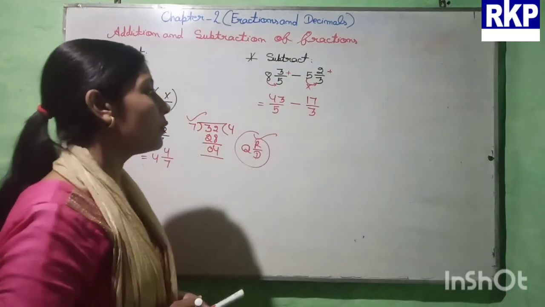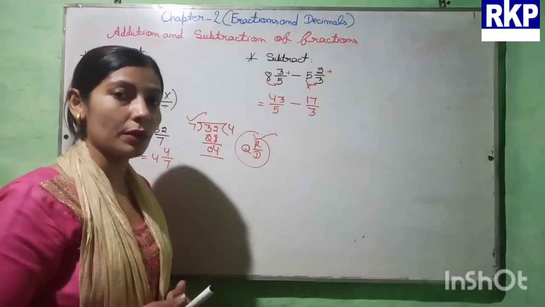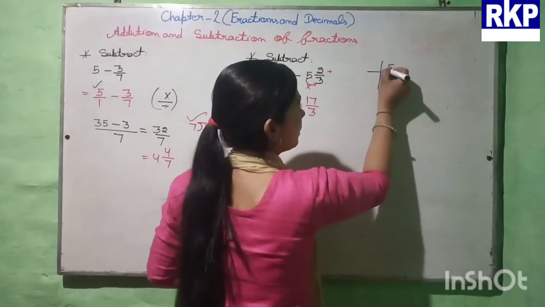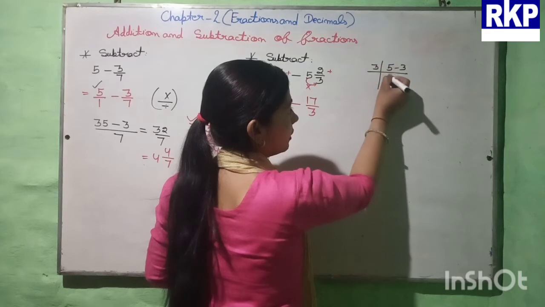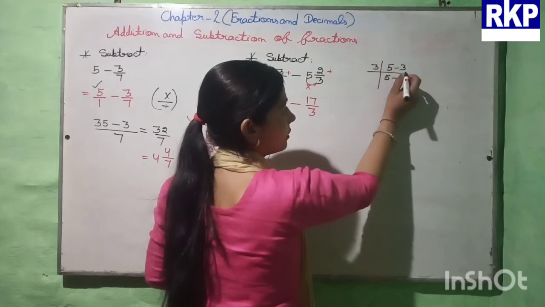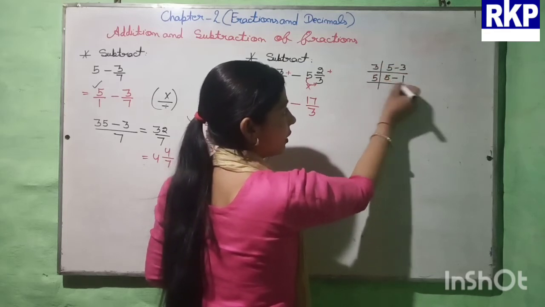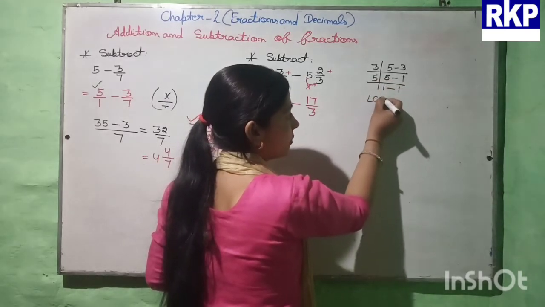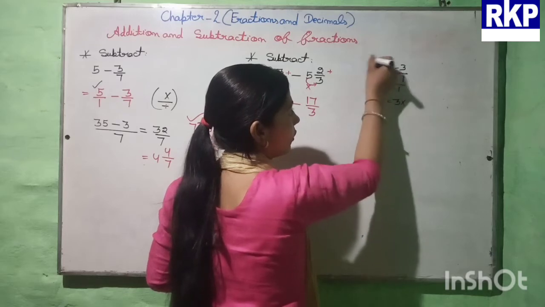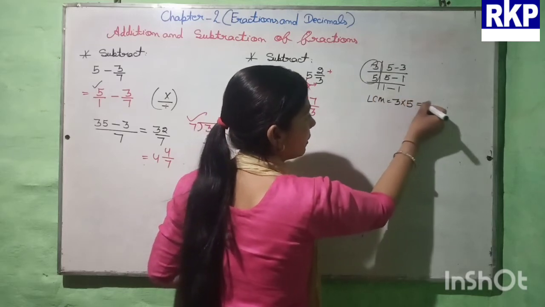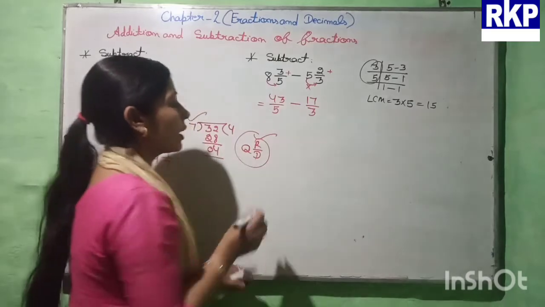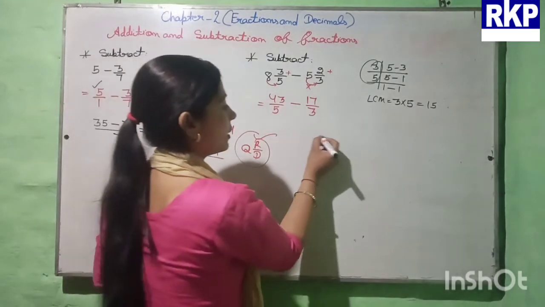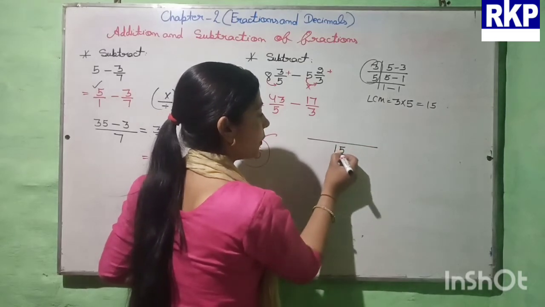Now we are having 5 and 3 as denominators. So we have to find the LCM of 5 and 3. Okay, here 3, 5 as it is, and 3 ones are 3. Now here we will write 5, 5 ones are 5, here 5. So LCM will be product of these. 3 multiply 5 will give us 15. Okay, so like this. This also we have to solve. So here beta, write here 15.